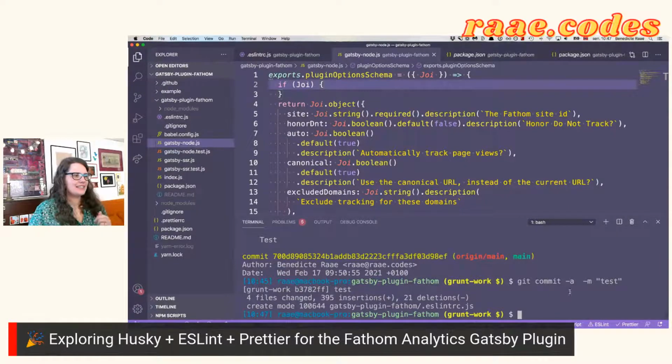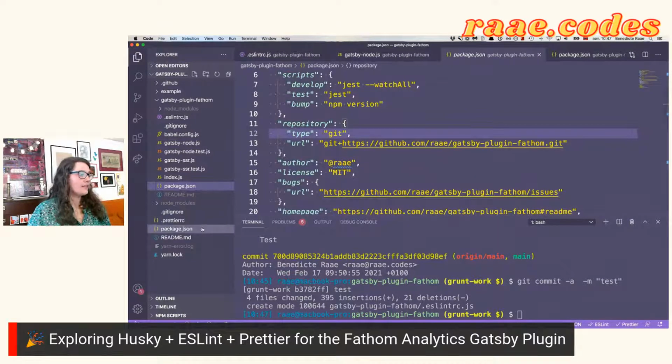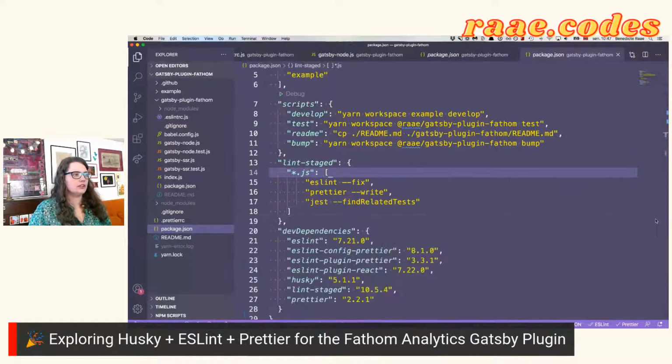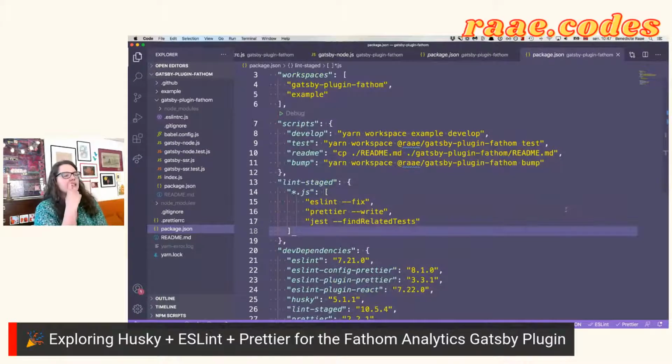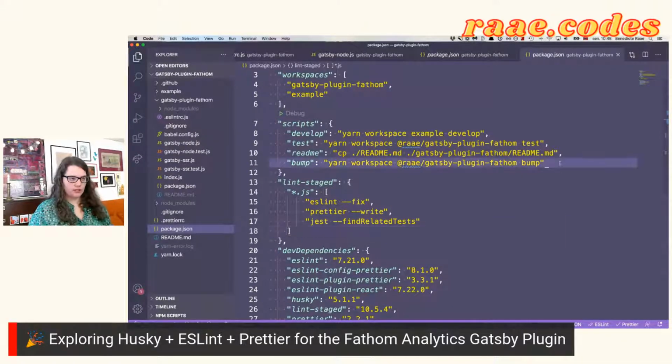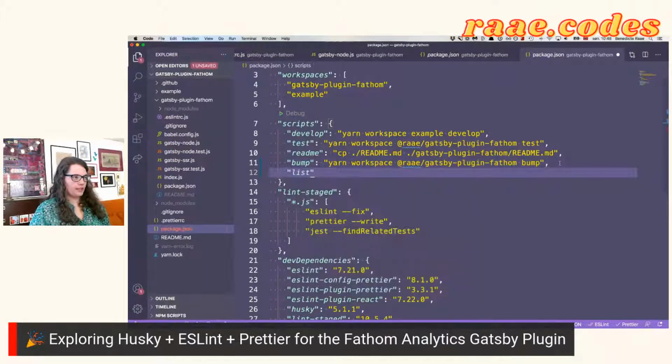I got 10 minutes. So frustrating. I know all of this in theory, but maybe it's because it's in the root folder and not in the project folder. Jest is not installed here, so it needs to be run inside of the actual project. So I think maybe we need to do lint, plugin,